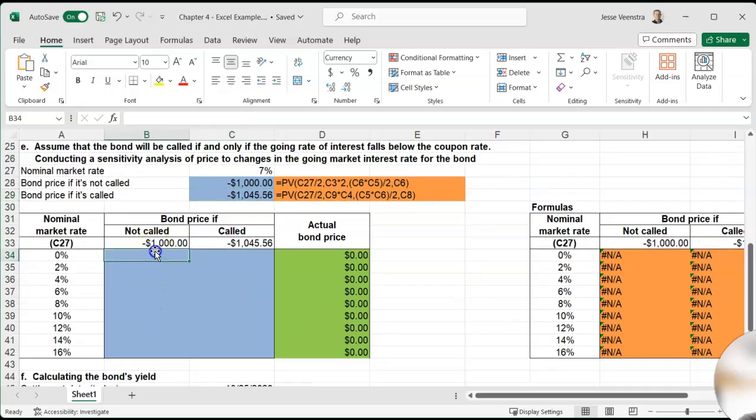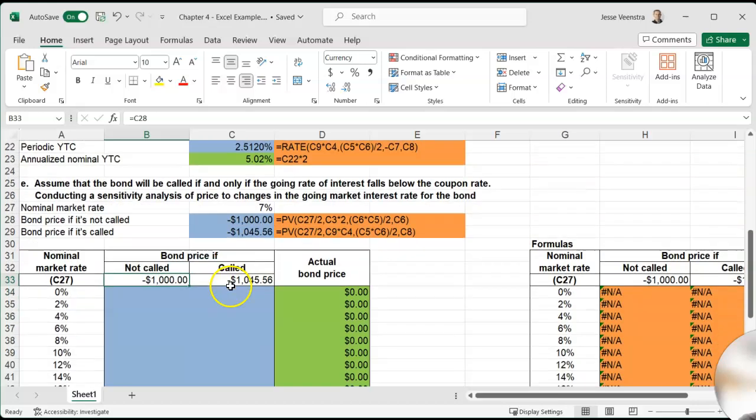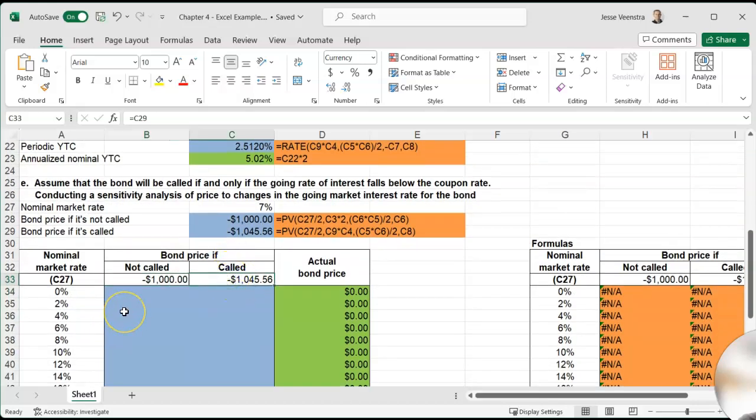Because when we go down to the sensitivity analysis, we're going to say what happens if our interest rate is 0 or 2% or 4% or 6% or 8%, etc. We're testing the sensitivity of the price of a bond to an interest rate change. What happens when we change the interest rate in the market? What happens to the price of the bond? So we have our formula here in C33, going back to C28, and we have our formula here